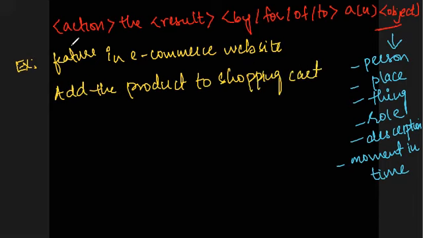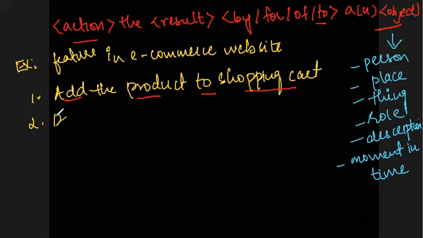So in here, what is action? Action is you're adding; the result is adding some specific product that you have bought. Here you can use buy, for, offer to. So you're adding the product to the object. What is the object? It can be a place, person, thing, or a role. So you're adding that particular product to an object, that is the shopping cart. This is one example of adding a feature by making use of FDD.